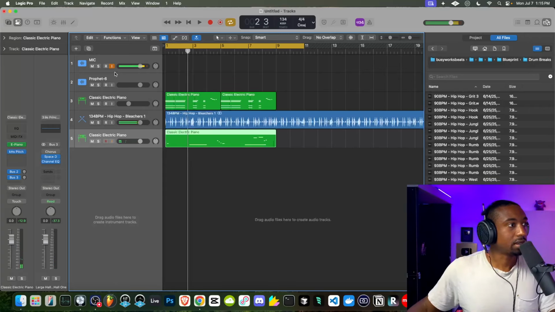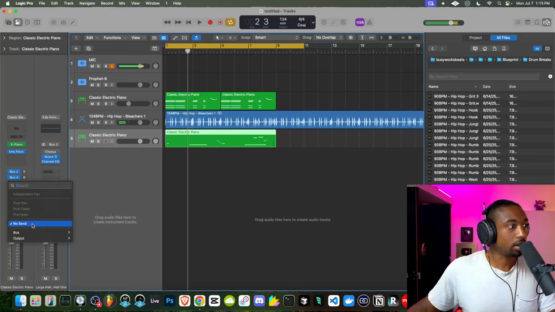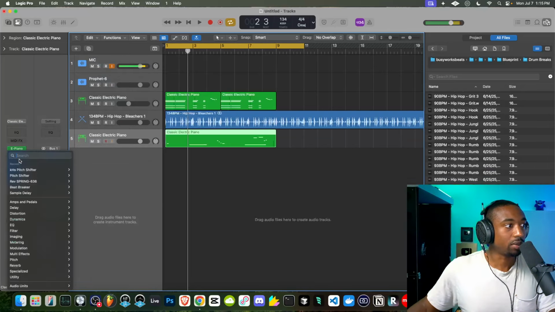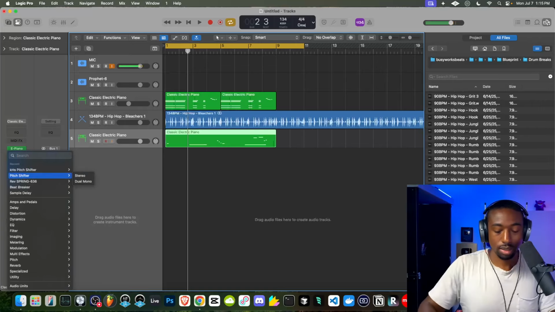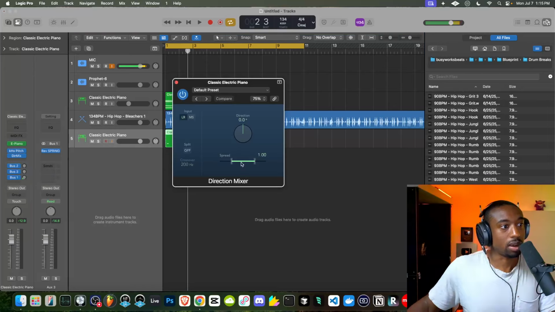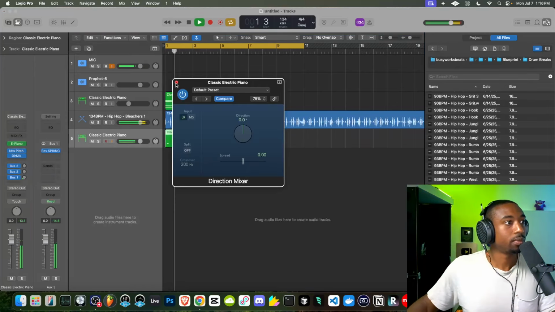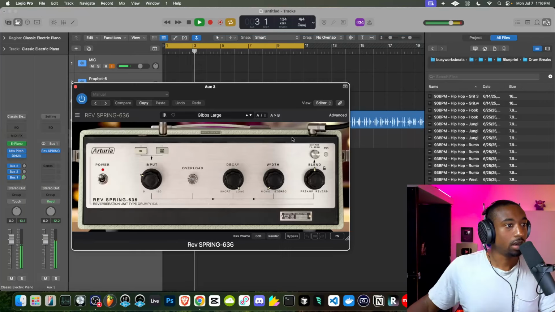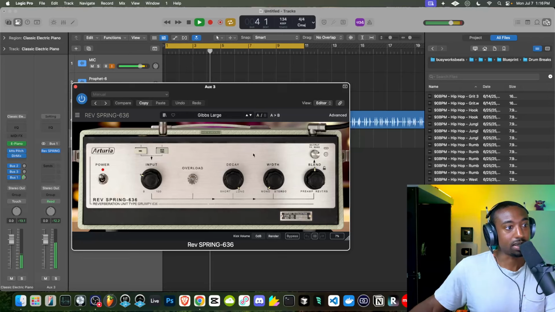All right, so basically what we could do is send it to the reverb, the Spring Reverb. And we could do the same thing. We could even make this mono to create that type of retro effect. Again, people tend to overly stereoize sounds. Now we have a mono sound, and then we can send it to the reverb. And we could even make this reverb set to mono.